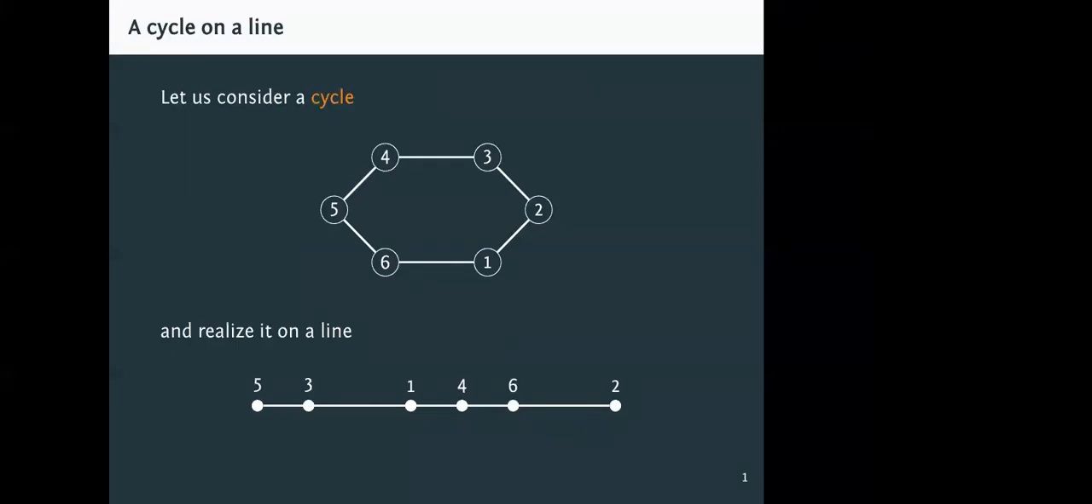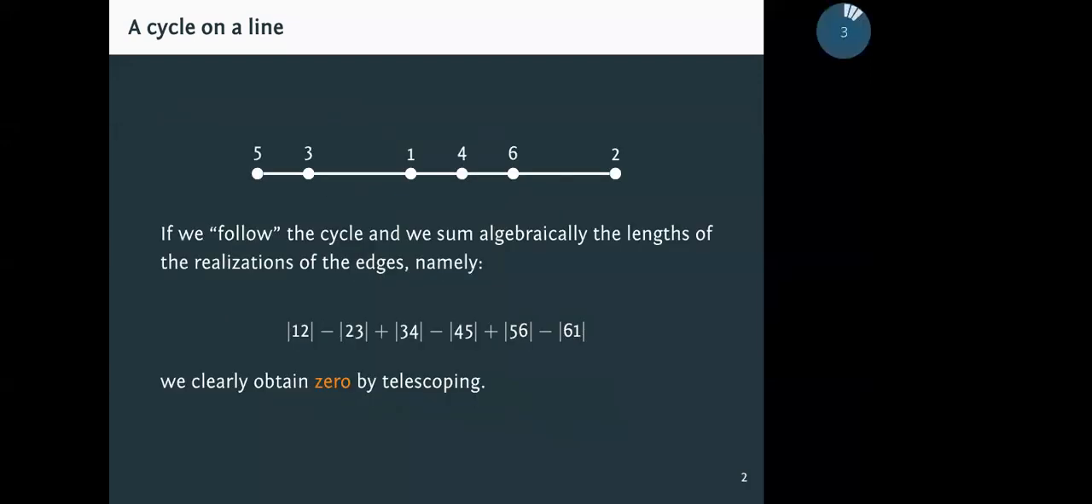So let's consider a cycle like this one, a 6-cycle, and suppose we realize it on a line. So the cycle is an abstract graph, and now you draw it concretely on a line, like here in the picture below. Then what happens is that if you follow the cycle, you go from vertex 1 to 2 to 3 to 4 to 5 to 6 and then back to 1,